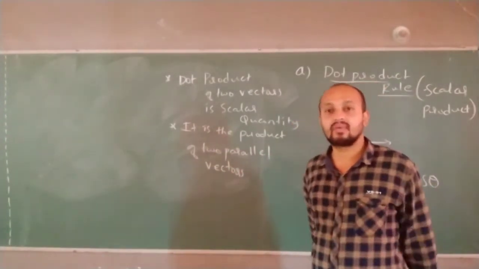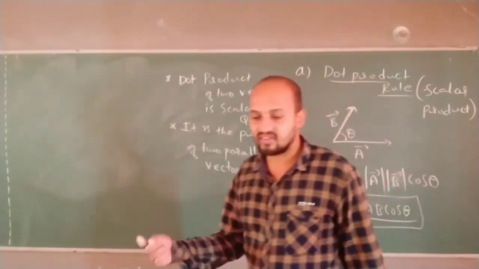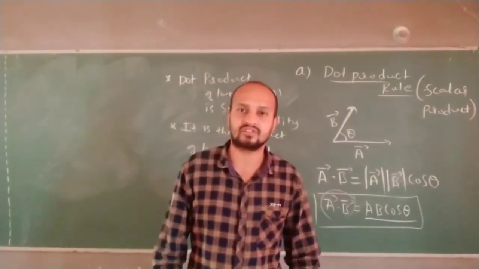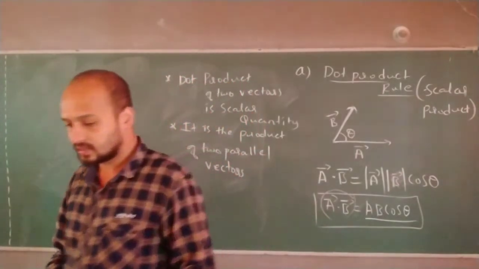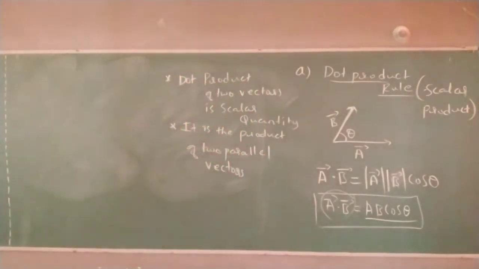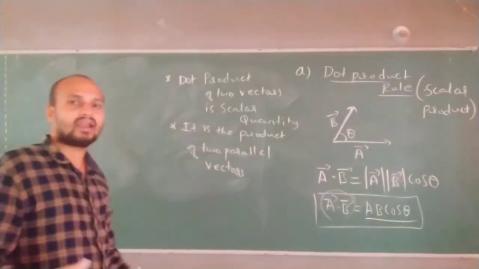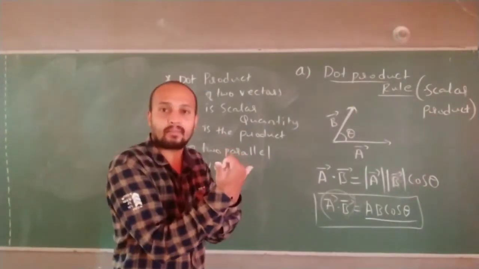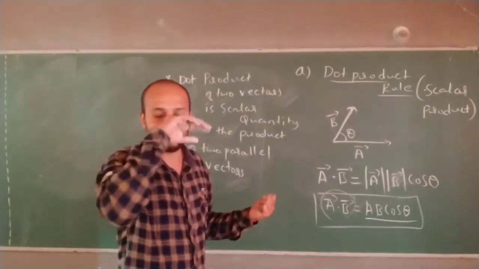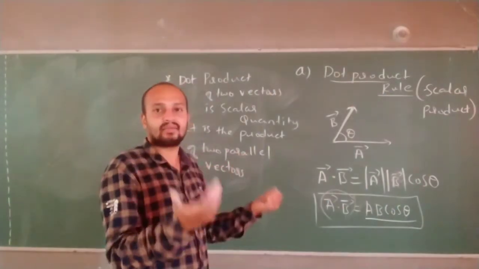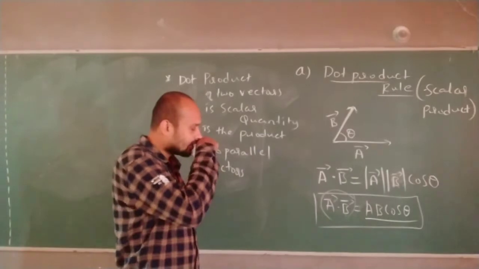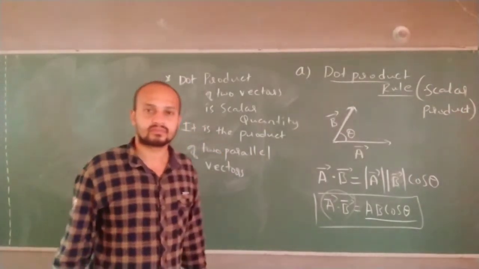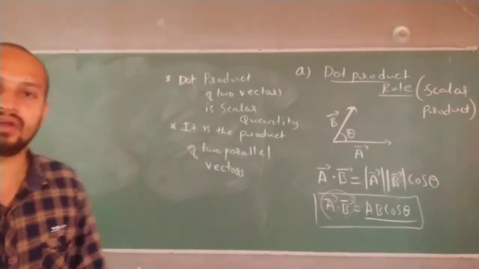Anti-parallel is also possible, we will see. If I put theta equal to 180 degrees, angle between them is 180 degrees, what is the answer we are going to get? Let us check on that. Generally parallel means same direction, and anti-parallel means opposite direction. When I say parallel, it means the same direction and opposite direction, doesn't matter. But I am multiplying the vectors which are parallel.